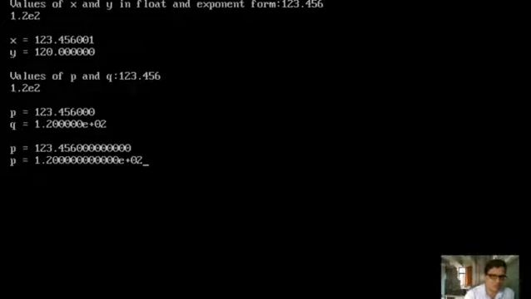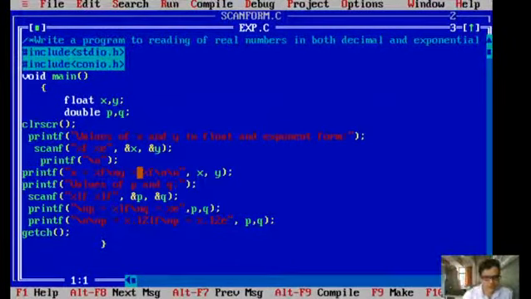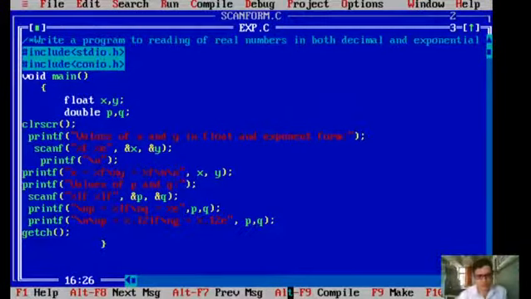After the point, how many precision digits will it take? 6, right? 1 2 3 4 5 6. After the 6 we are getting the exponent value, the power value. And here we have mentioned .12f. So if you observe here the .12f, what happens is that after the point, 12 precision digits should exist. Okay, so that is the simple example related to this chapter.